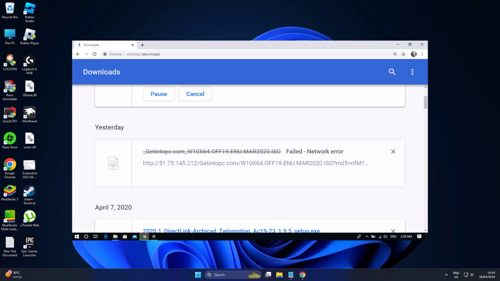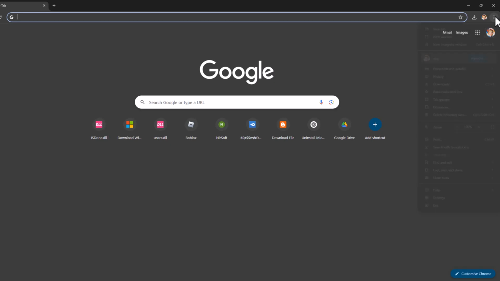Today we are going to see how to fix Google Chrome download failed at network error. Let's fix it, guys. You just need to open up Chrome, click on the three dot icon and